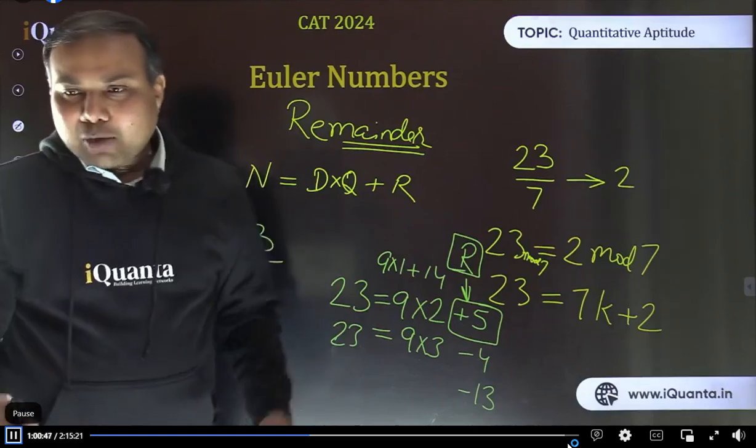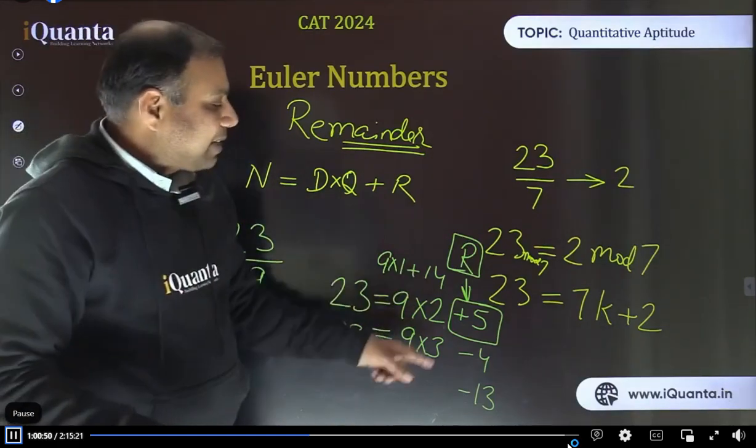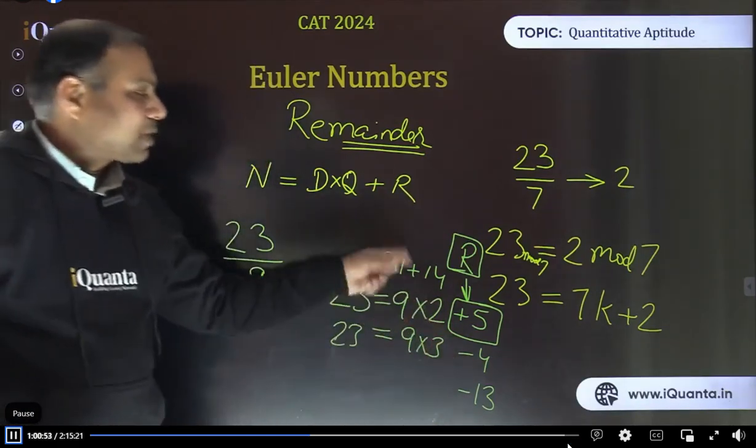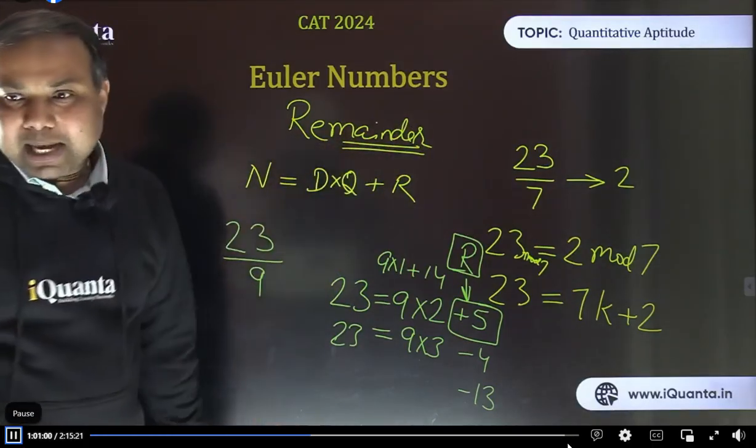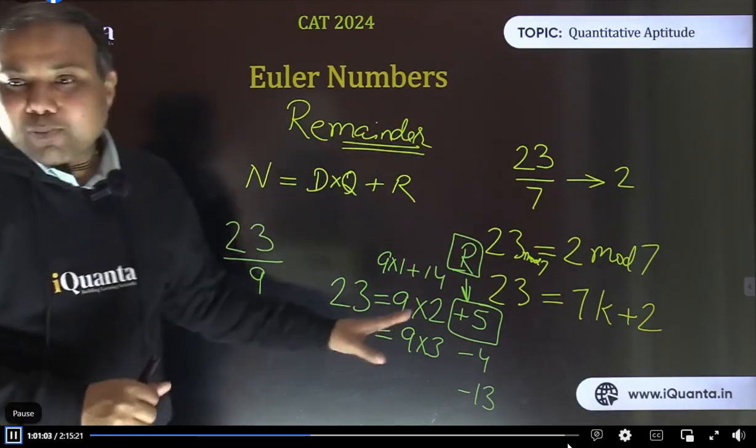But if you are having some large calculations, so during that calculations we can play with the remainder. We can use it as minus 4 or minus 13 or plus 14 and so on. That is only for our calculation purpose, which we are going to do a bit amount of time. Till this point, is it okay?